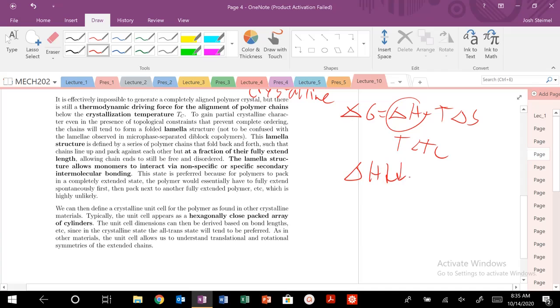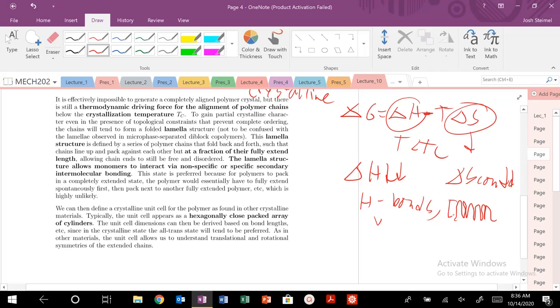So H decreases because of non-specific interactions, H bonds, van der Waals, etc., but we lose our conformational entropy. Delta S conformation decreases, so this becomes more positive, and that is due to folding into this lamella structure. So again, the chain folds into this lamella. The size here is about 10 nanometers, which is about 10%. Usually your polymer is about 1,000 angstroms or so,